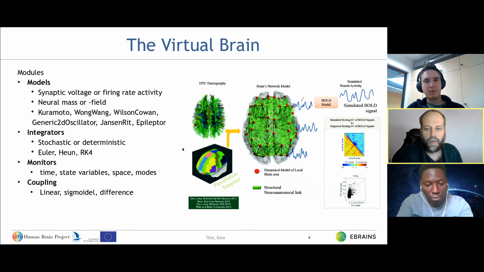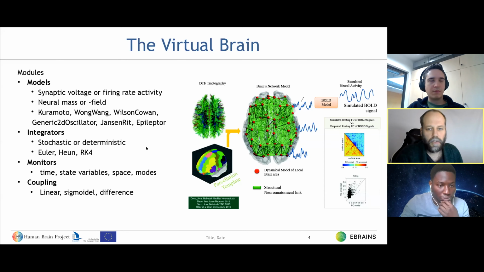So how does a typical workflow of TVB look like? Well, on the right you see an image that represents such a workflow. First, you obtain a parcellation template.